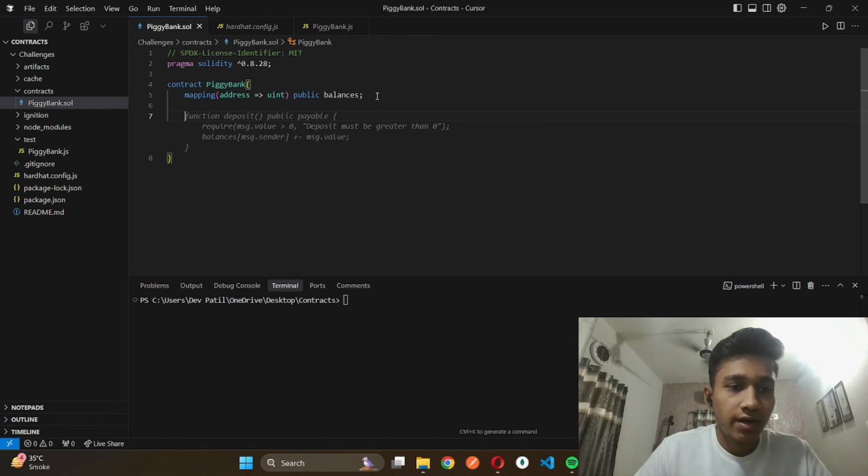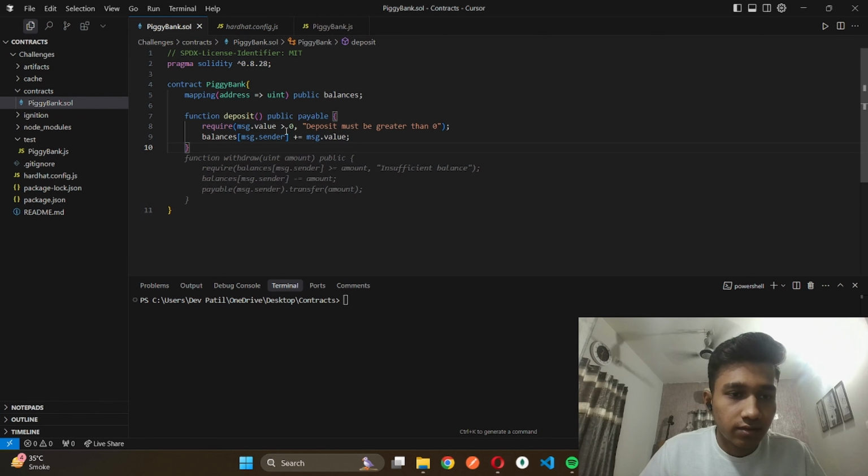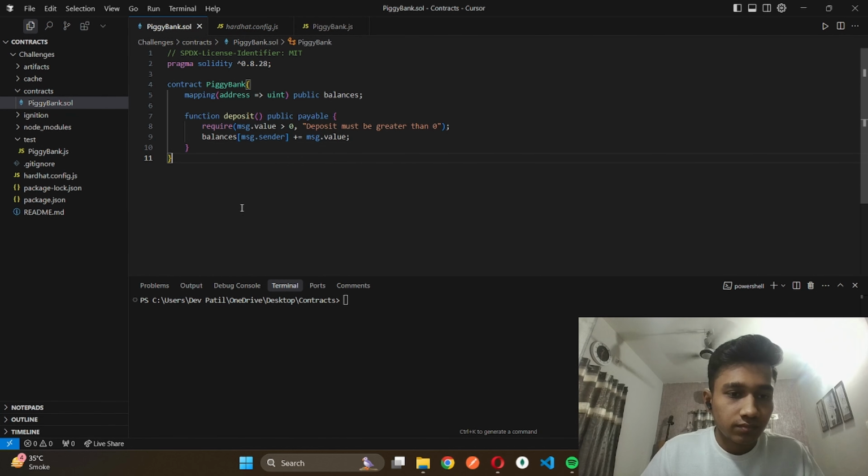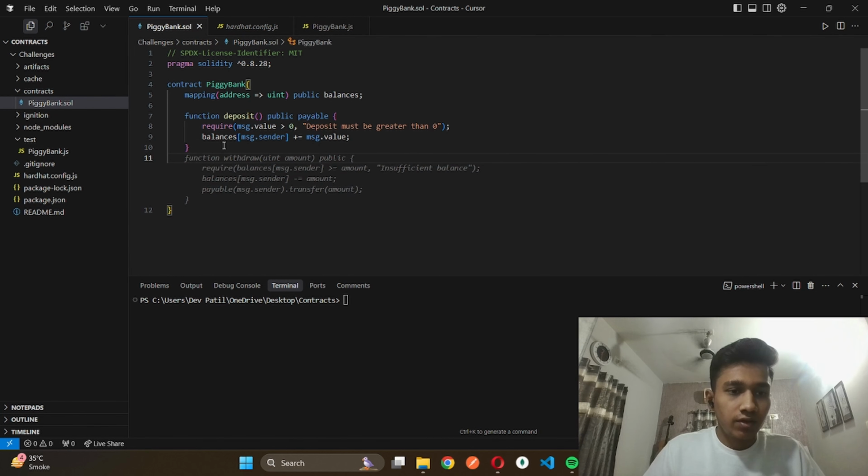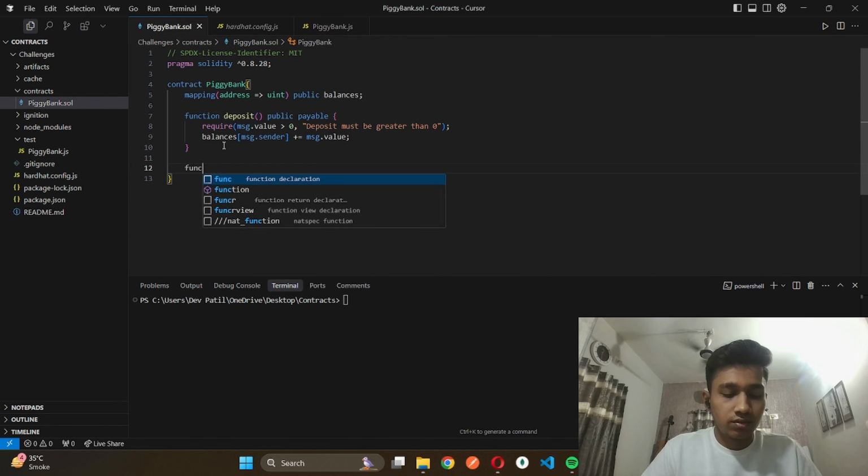Now we can write a function to deposit some ethers into that account. So, function deposit public payable. Okay, this is correct. And we will also be having a function